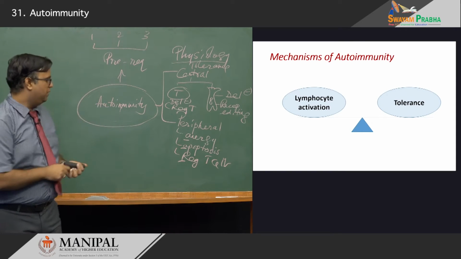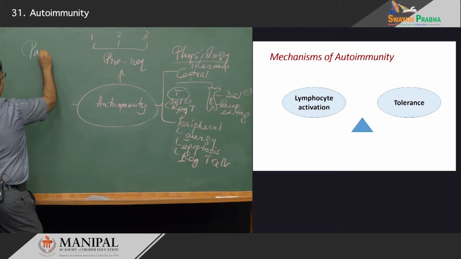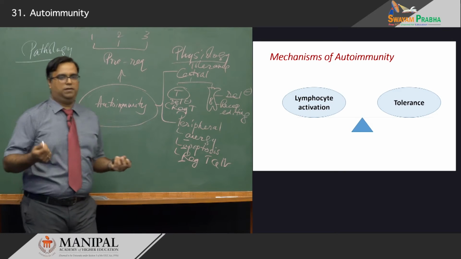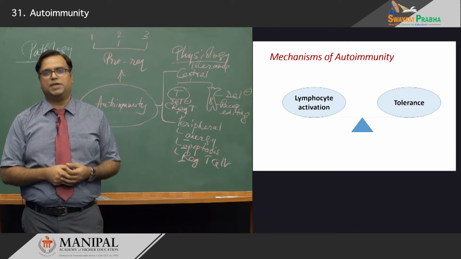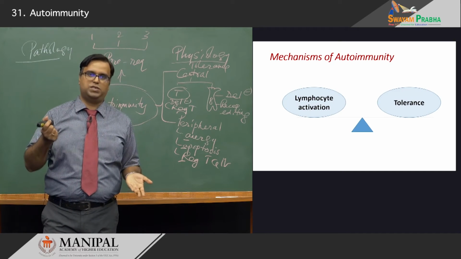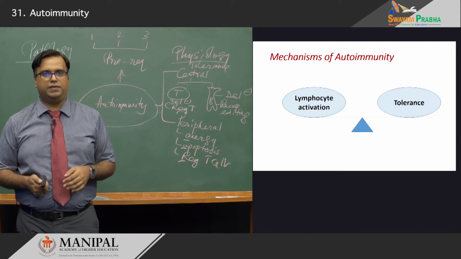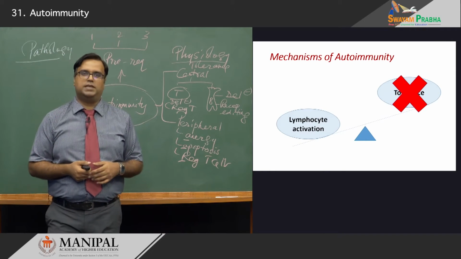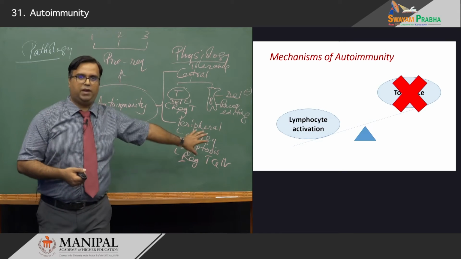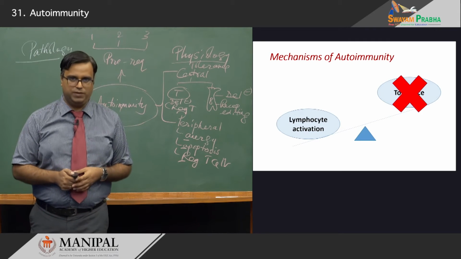Now, the mechanisms of autoimmunity. To understand this concept, it is very important to know the pathological aspect of it. So, what happens to counter all these defense mechanisms available in your body? Now, this is always a problem. As the balance of the scales tips towards one, you have a disorder. As you can see on the screen, you have lymphocyte activation and tolerance. And when the balance tips towards lymphocyte activation, your tolerance reduces. All this vanishes away, and all you're left with is the pathological aspect of it, which is autoimmune disorders.